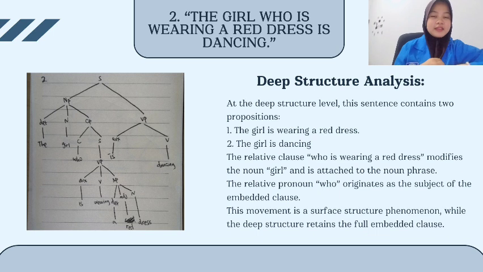The second sentence, the girl who is wearing a red dress is dancing. At the deep structure level, this sentence actually contains two propositions. One, the girl is wearing a red dress, and two, the girl is dancing. In the analysis, the relative clause who is wearing a red dress modifies the noun girl and is attached to